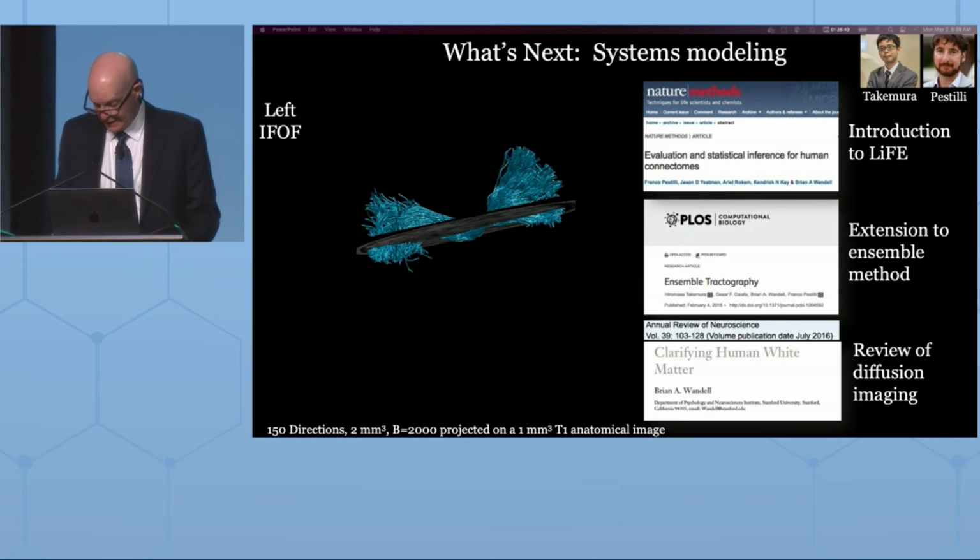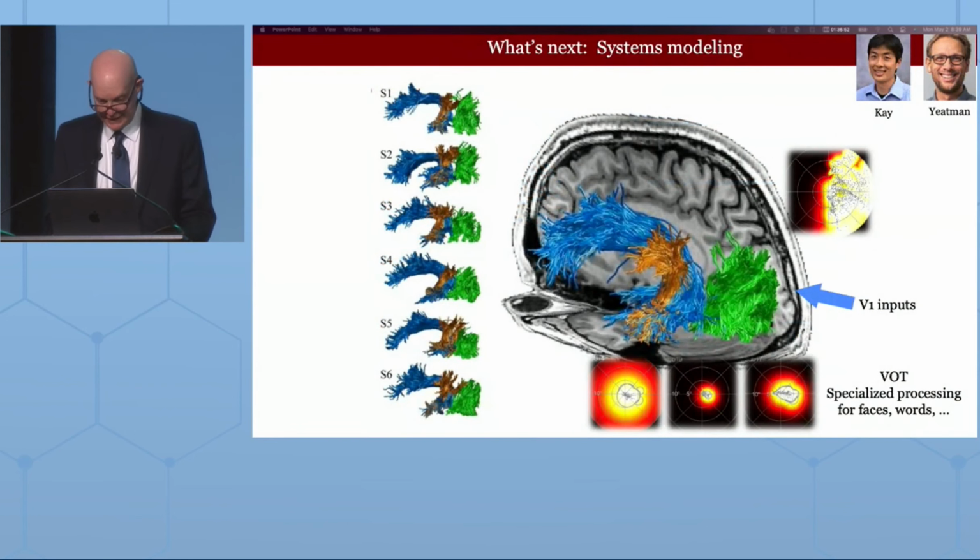And my lab did play a role in working out some of those techniques, and that gave us the opportunity to try to understand which of the white matter pathways are carrying the signals between different parts. And I have to say, in thinking about what's next, if I was a young person in this audience thinking about the signals in visual cortex and how they're communicated between different parts of the brain, I would be attracted to the idea of trying to build up system models of understanding how the signals in the retina and in V1 and in these different reading centers all interact with one another.